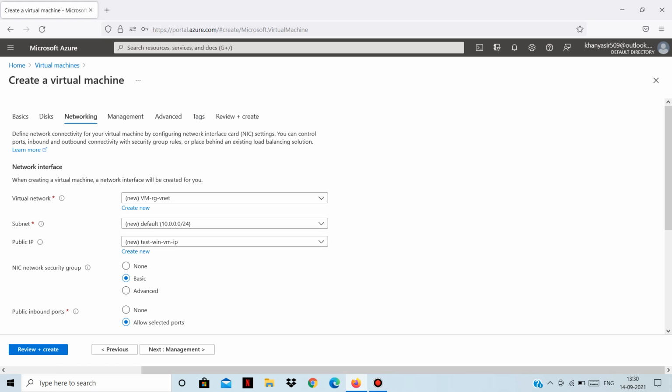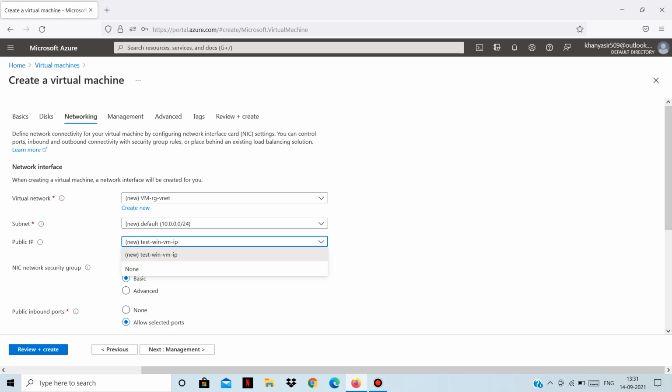Now you can assign your virtual machine a public IP. You can choose to have a public IP or not. But if we don't have any public IP, how will we connect, right? So we need a public IP for now. In a production environment, it is recommended not to have a public IP for virtual machines, because there are various other ways to connect to them. Organizations can use VPN and other things to access the virtual machine with its private IP address.